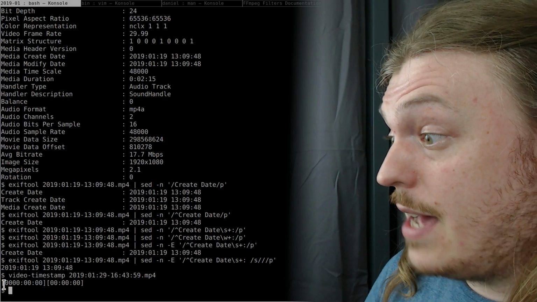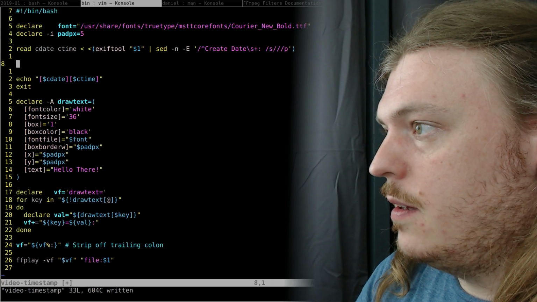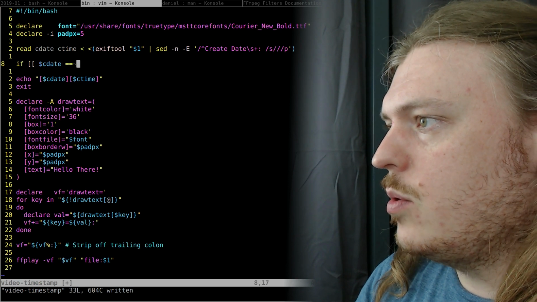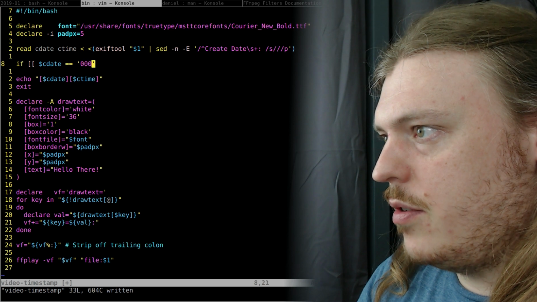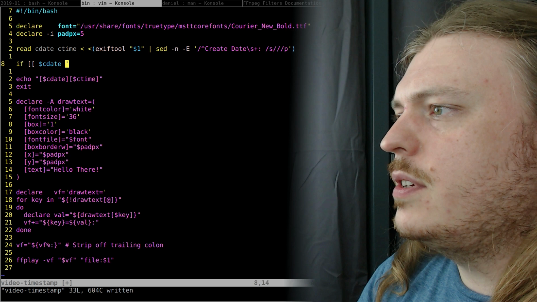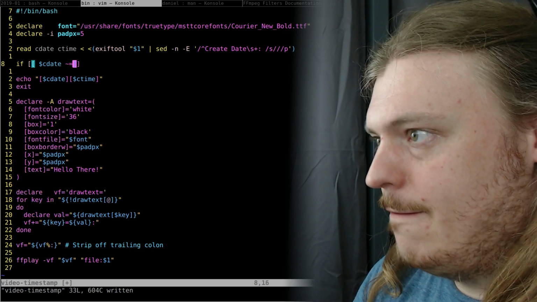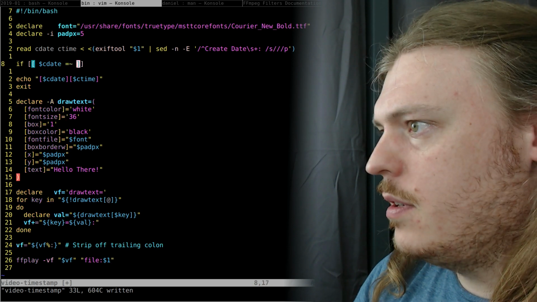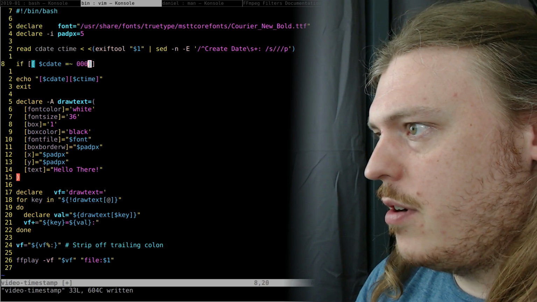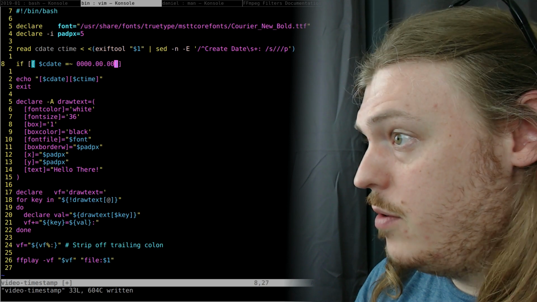So let's add a little catch for that. If cdate equals 000000, or if cdate matches, just in case, is that right? Yeah, that's regex. So if cdate matches 0000, any character, 00, any character, 00,